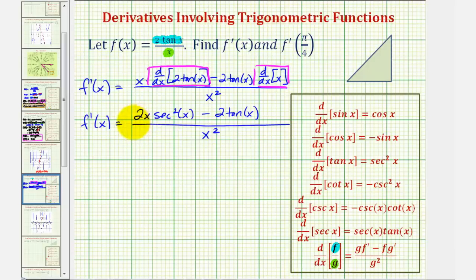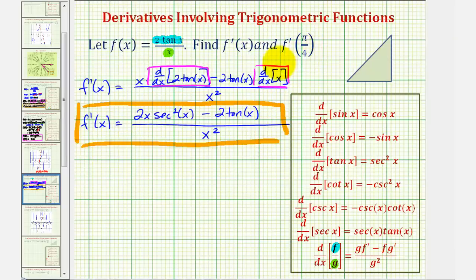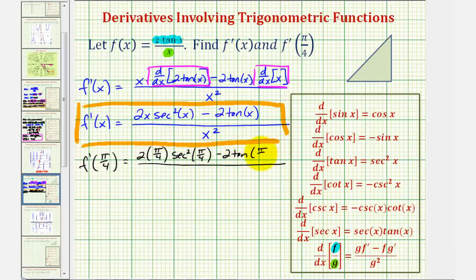Notice how we could factor a 2 out of the numerator, but we'll go ahead and leave the derivative function in this form here. So now that we have f prime of x, we can determine f prime of pi divided by 4, which would give us the slope of the tangent line at x equals pi over 4 radians. So f prime of pi over 4 would be equal to 2 times pi over 4 times secant squared pi over 4 minus 2 tangent pi over 4 divided by pi